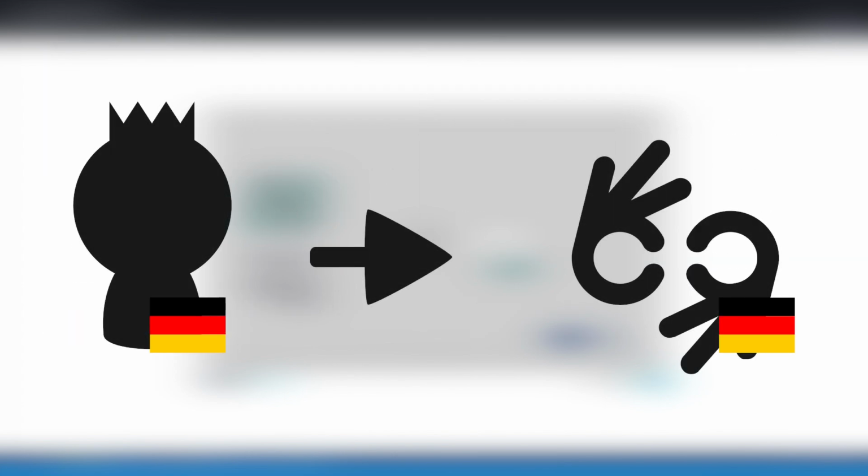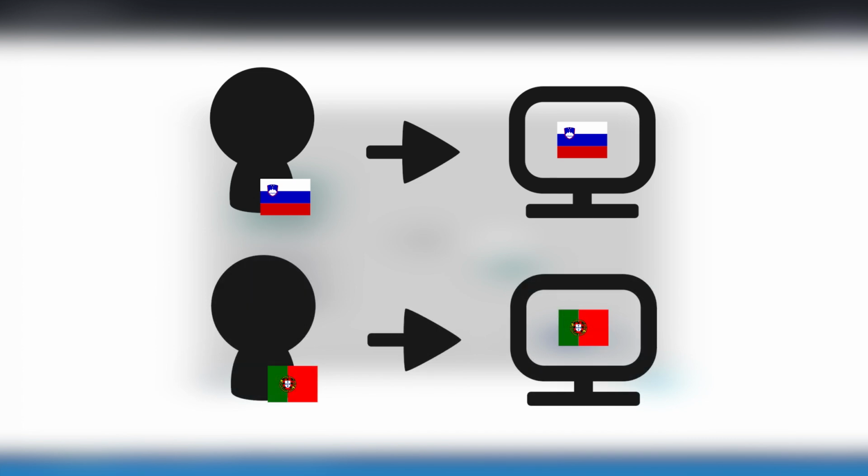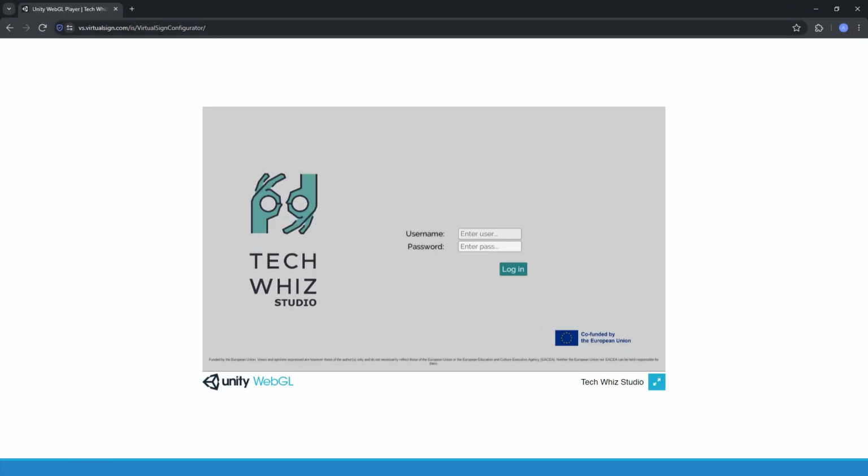For the purposes of this video, we will use the administrator's credentials for German Sign Language, which means that hand configurations in the Studio will be specific to German Sign Language. Some languages also have the interfaces translated into national languages, but otherwise, you will have the same experience whichever language you choose. You will not be able to choose this account because this is an administrator account with some additional functionalities, including the power to validate configured signs. Make sure to use the credentials for one of the previously shown freely accessible accounts.